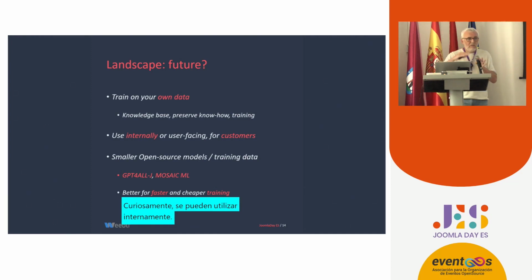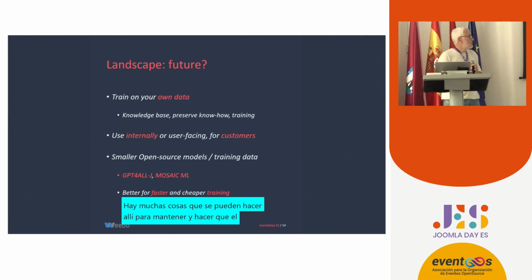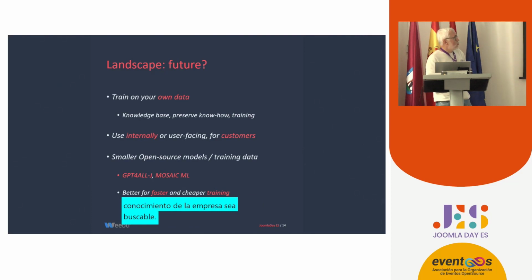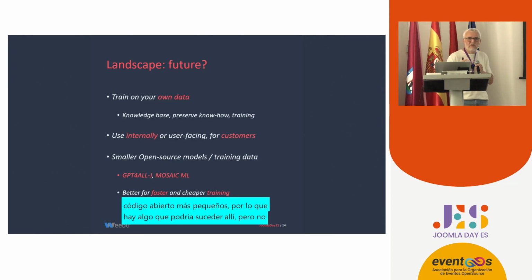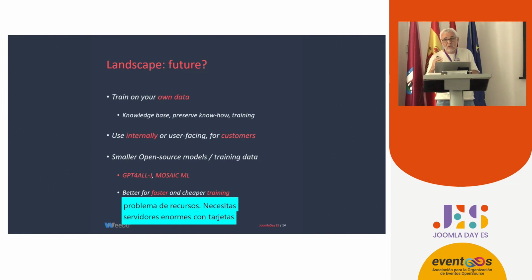That is, like you have a big company and they have a knowledge base, or they want to train their future users. Like they have what's called an intranet. I think you use that as well. There are many things that can be done there to maintain and make the know-how of the company searchable. And also there are a few smaller open source models, so there's something that could happen there, but we don't know because, again, there's a problem of resources. You need huge servers with graphic cards, and it costs lots of money,